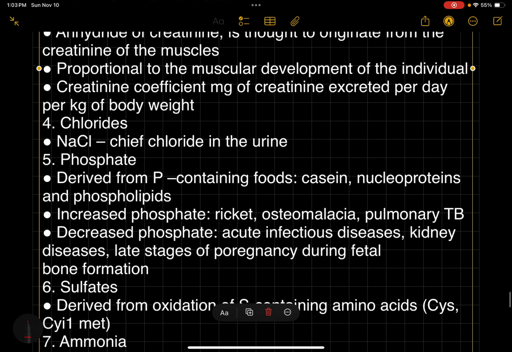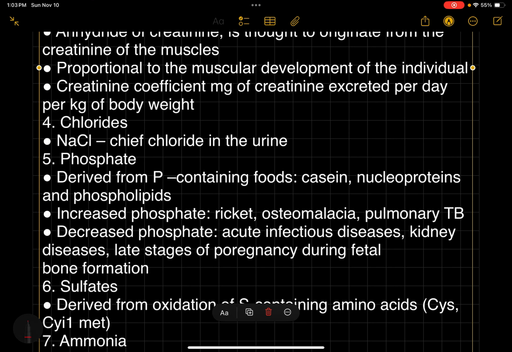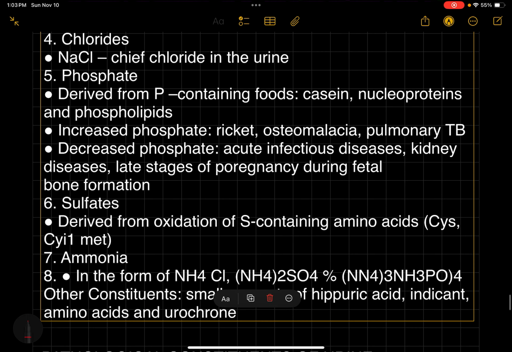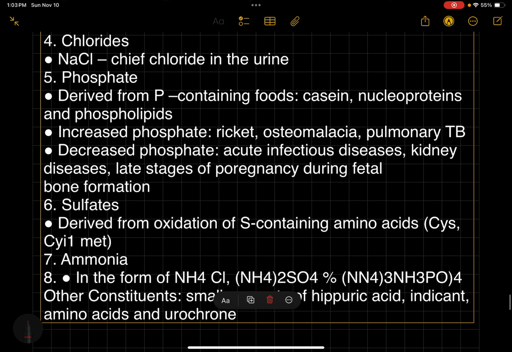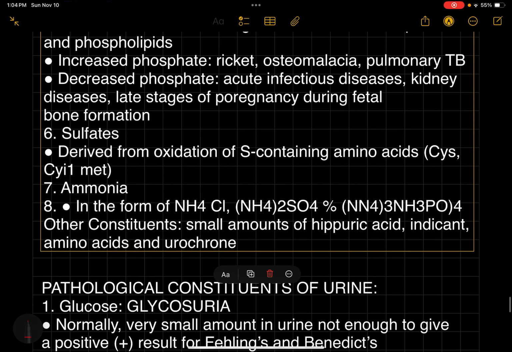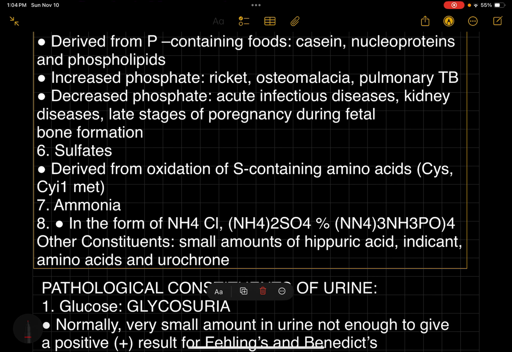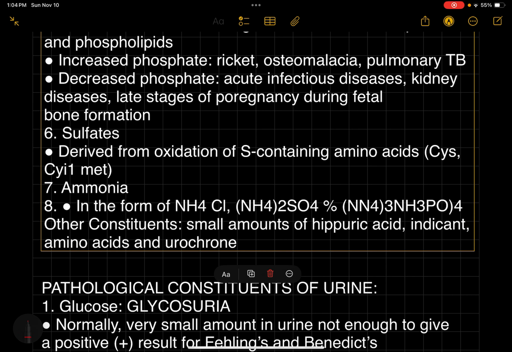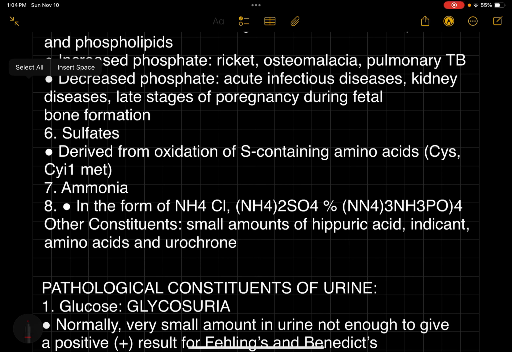body weight. We have chlorides, sodium chloride being the chief chloride in the urine, and phosphate derived from P-containing food: casein, nucleoproteins, and phospholipids. Increased phosphate occurs in rickets, osteomalacia, and pulmonary TB, and decreased phosphate in acute infectious diseases, kidney diseases, and late stages of pregnancy, during fetal bone formation. We have sulfates, derived from oxidation of S-containing amino acids,